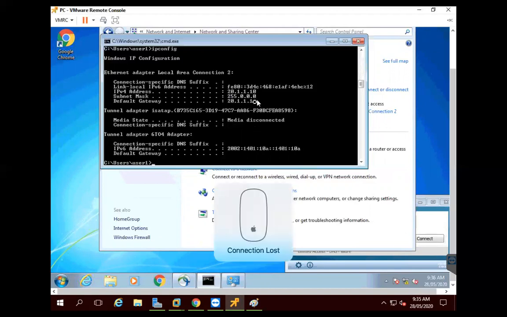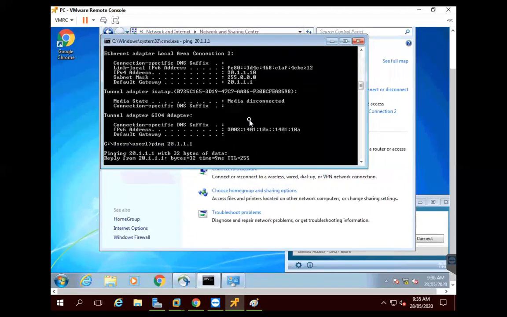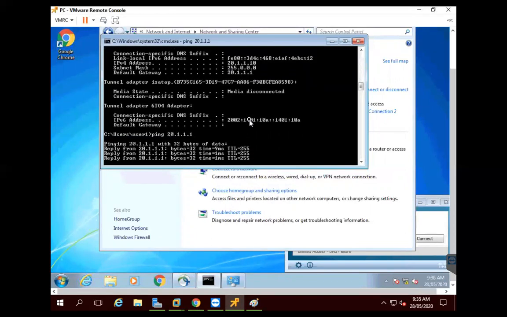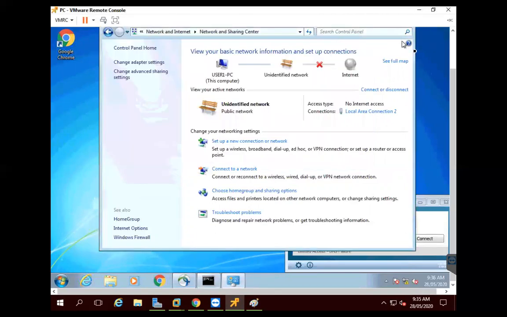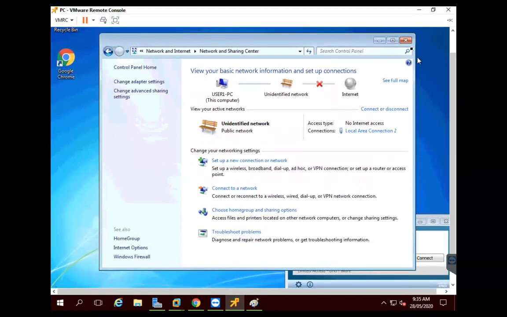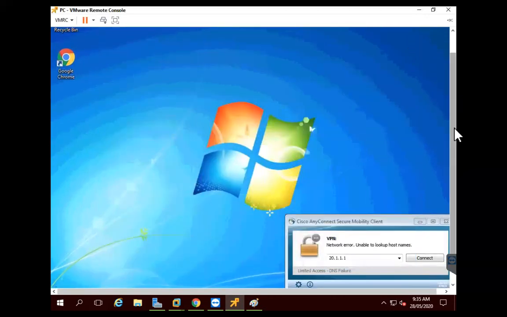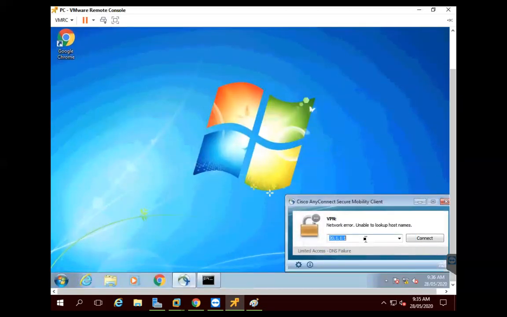So this is the client IP address here. So next I will try to ping the outside interface of ASA, that is 20.1.1.1. Yes, I'm able to get the reply back. So I will go ahead and connect to the ASA, that is 20.1.1.1, and I will say connect.